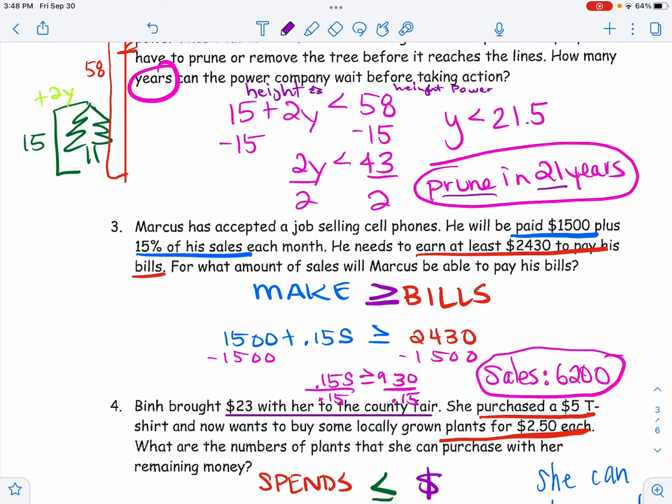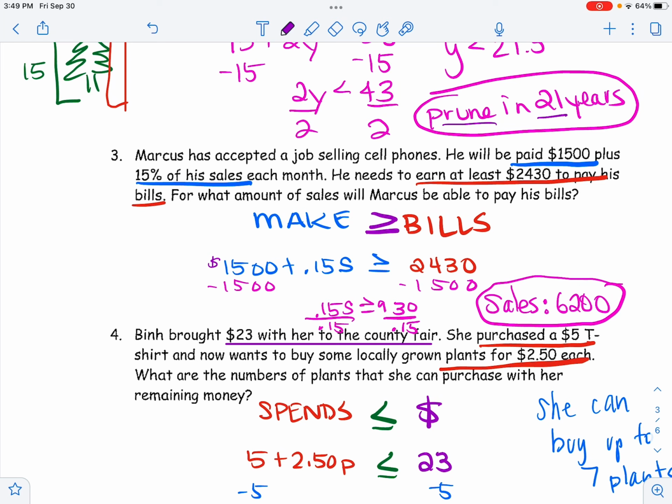Okay, number 3, Marcus is trying to make enough to pay his bills, right? He makes $1,500 plus 15% of his sales, and we want that to be more than his bills, which are $2,300. Once we've written the inequality, we have to solve for it. We go ahead and see that we're going to subtract 1,500 from both sides, and we change